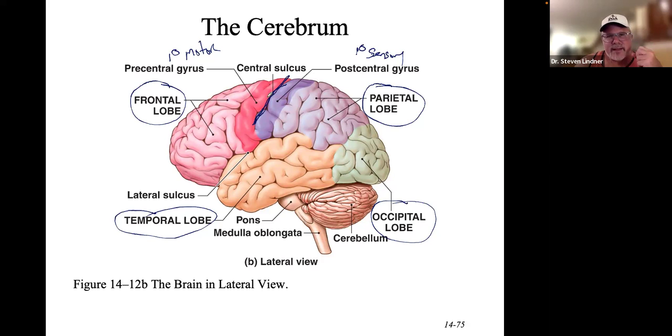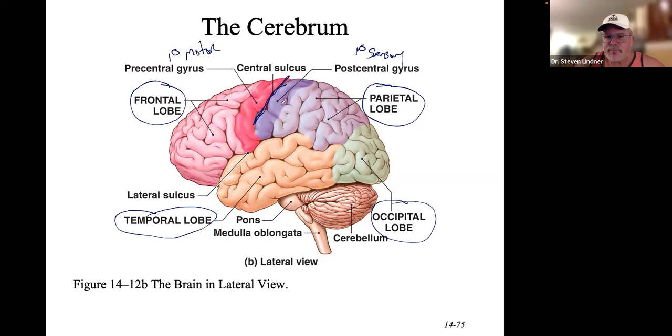Those areas that are highly sensitive are going to take up lots of neurons and neurological real estate in the brain. And those same parts of the body that are involved with precision, like moving the eyes, moving your pinky, moving your fingers just a little bit, are going to occupy lots of real estate in that postcentral